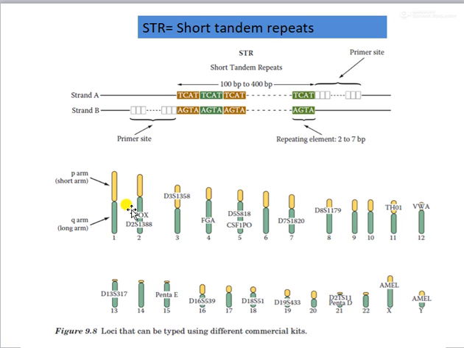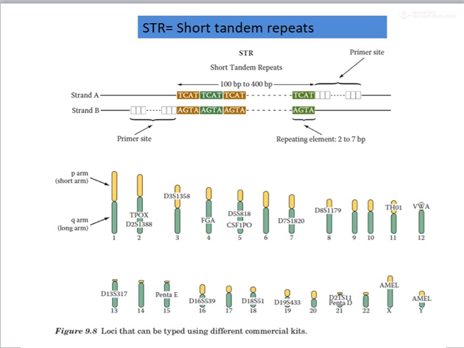To identify these short tandem repeats within the human genome, we always design primers that lie ahead of these short tandem repeats so that the regions containing them get amplified. Now, how do people differ in their STR based profiling? The number of repetitions of these short tandem repeats is different in different people, and as a result variations happen. These short tandem repeats are also called microsatellites, as we mentioned in the previous session.